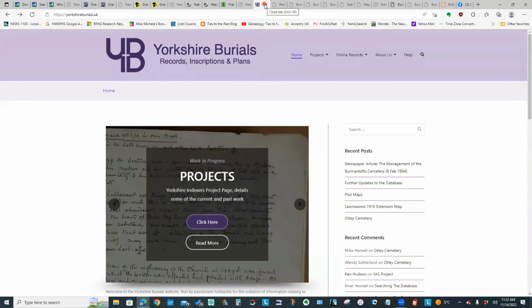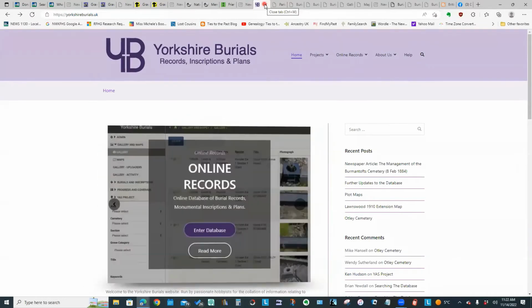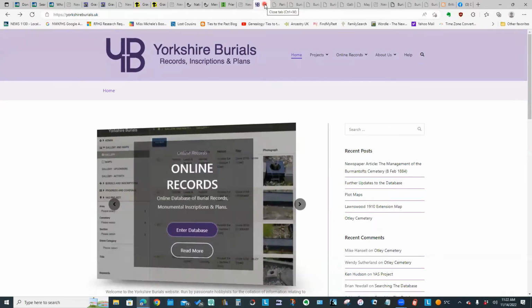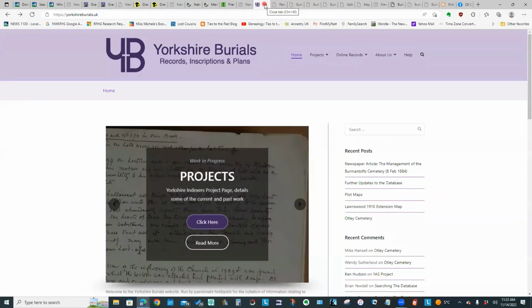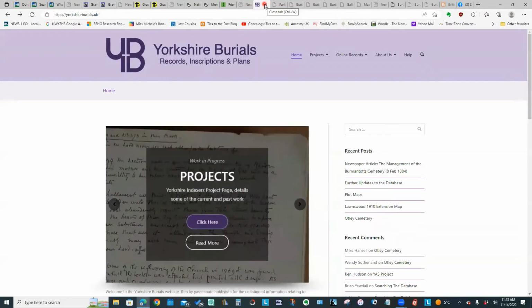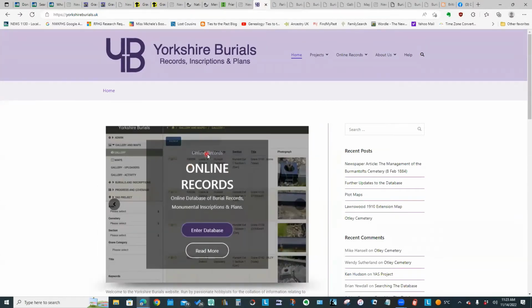One of my favorite websites for Yorkshire cemeteries, burials is this particular one. They used to be called Yorkshire Indexers, but the website is yorkshireburials.uk. And you can either look at the projects they have going on or the online records.